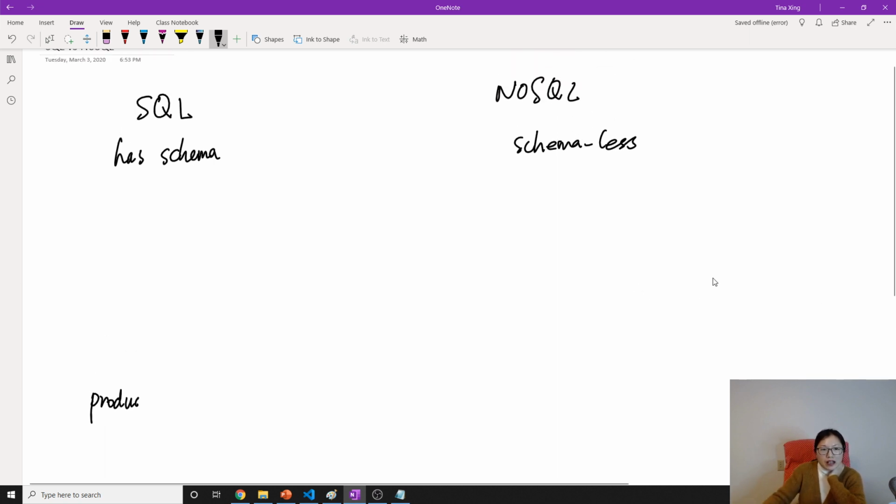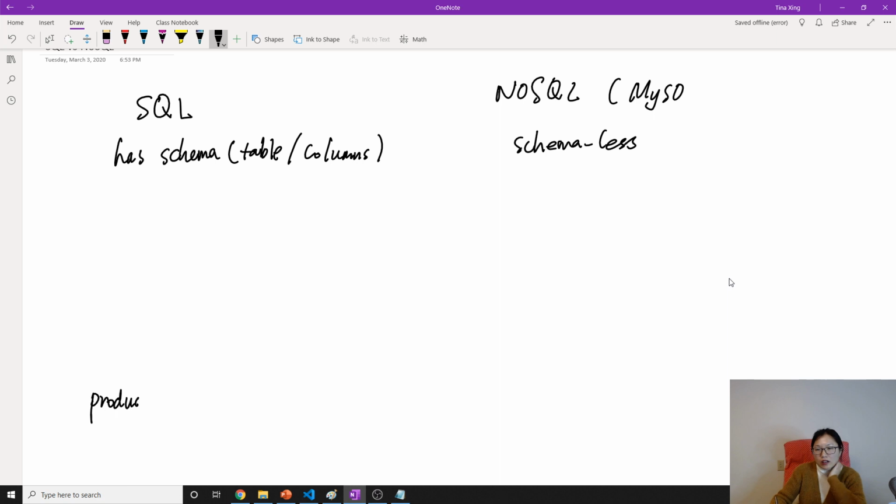Before that, to store the information in SQL, it's gonna use a table, and in each table, it's gonna have something called columns. And in schemaless, suppose here we talk about